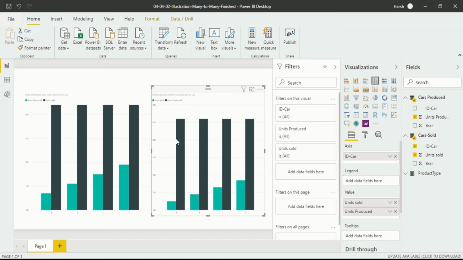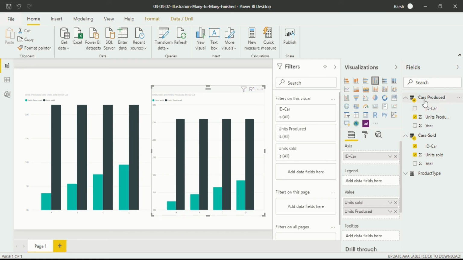Now the question arises, what is the reason why? The answer is that only the relationship comes into play. As I have told you in my previous videos also, Power BI desktop doesn't determine the relationship between two tables until you define that relationship to Power BI desktop.